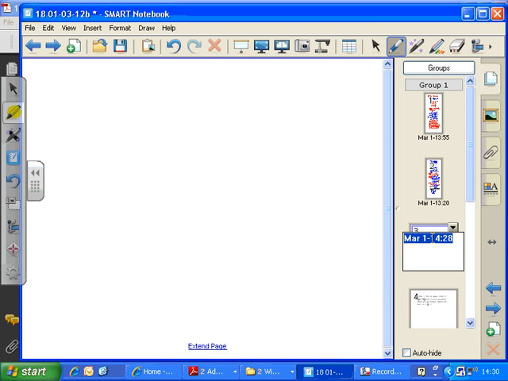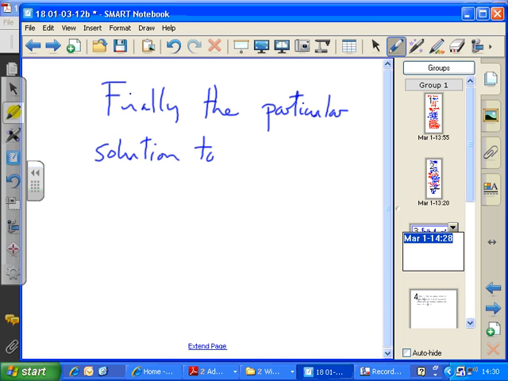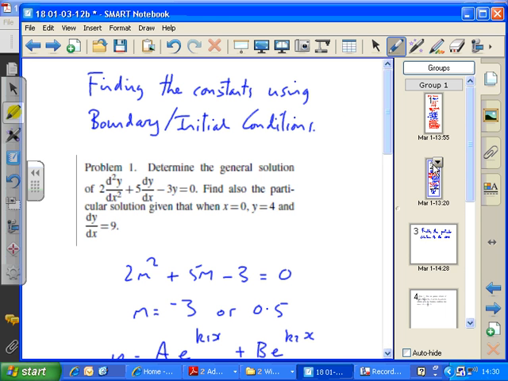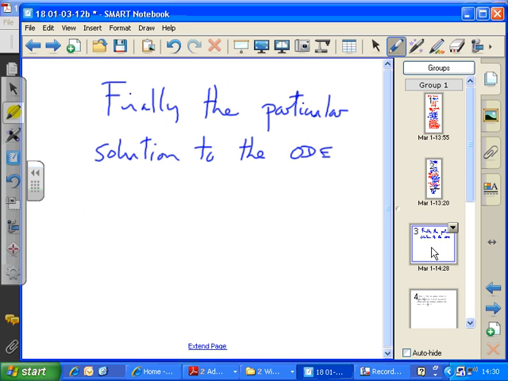So finally, the particular solution to the differential equation, or the ODE, the ordinary differential equation, which was, what was the first equation? d2y/dx2 plus 5 dy/dx minus 3y equals 0 is,